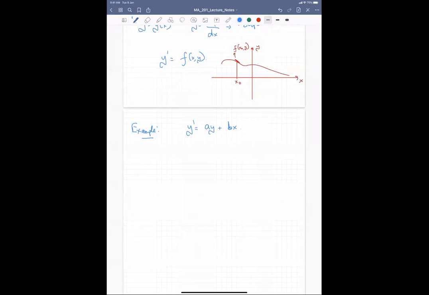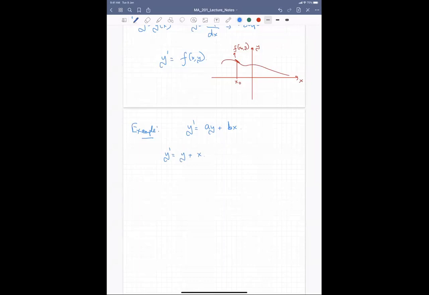So suppose I'm confronted with a case like this, where I cannot solve it readily by analytical means. Is there any way in which this geometric picture might help? Is there any way in which I can understand how these solutions might look, even though I might not be able to derive them from scratch? The answer is yes. Let us take a simple example of y prime, and fix a and b to be 1 each: y plus x.